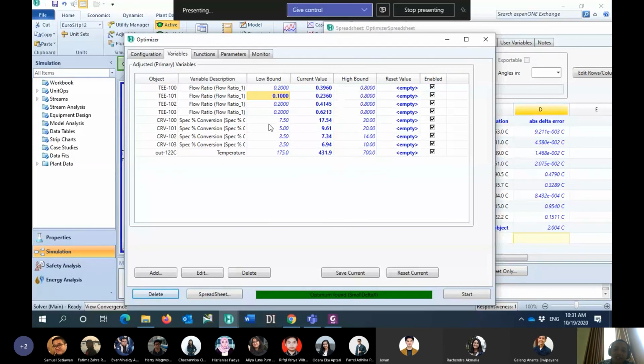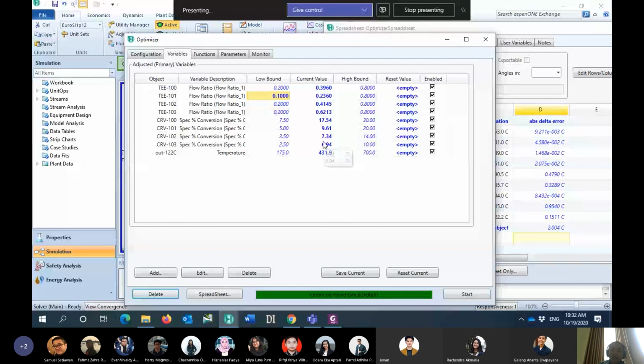And then how about the conversion? Previously I mentioned this value is 15, but actually it's not correct. It should be 17.5 for bed number 1, and for bed number 2 it should be 9.6. Previously my initial guess was around 10. For bed number 3 it's 7.34, and bed number 4 should be 6.94.